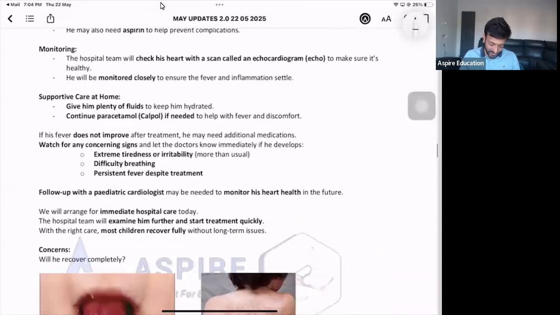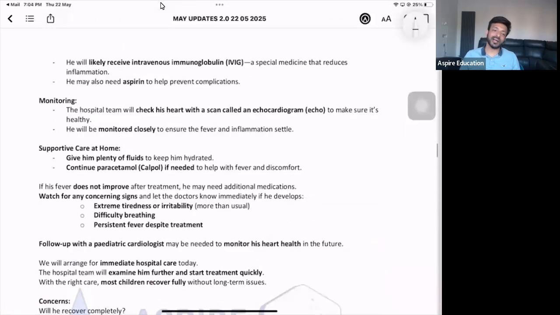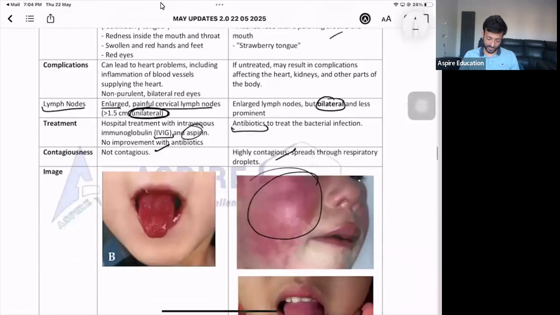So what is the treatment? Treatment is aspirin and IVIG. And antibiotics are not going to improve it. Antibiotics are not going to improve it. So that's the thing. So Kawasaki, scarlet. Scarlet is 5 to 15 years. Kawasaki under 5 years. Ipsilateral lymphadenopathy, that's what you're going to get in Kawasaki as well. Sandpaper appearance rash: which patient? Scarlet fever. So few points that are going to be very helpful in differentiating.